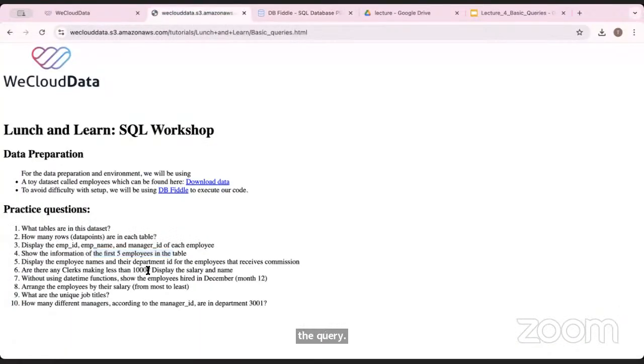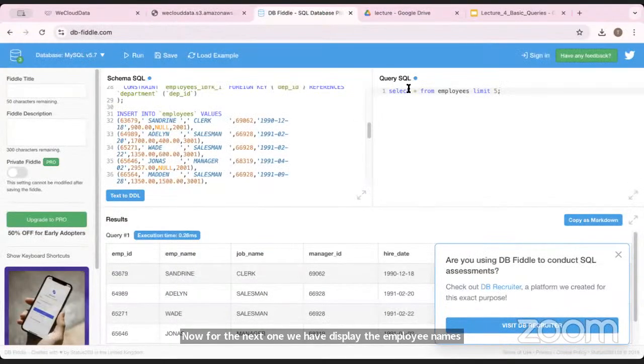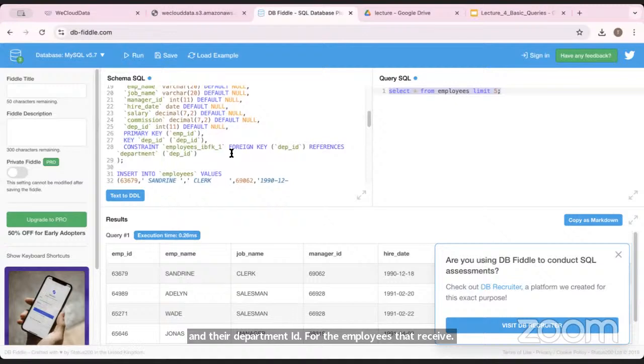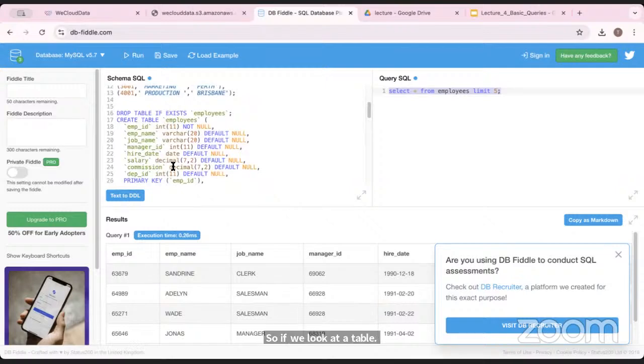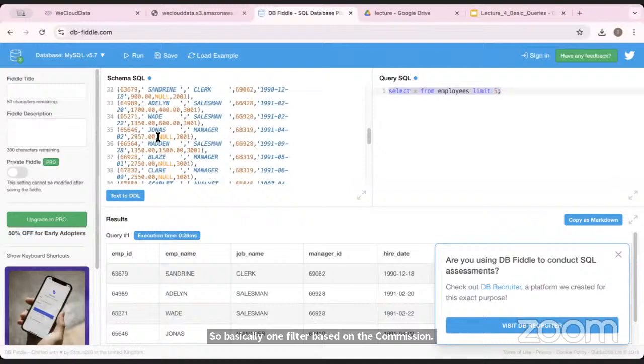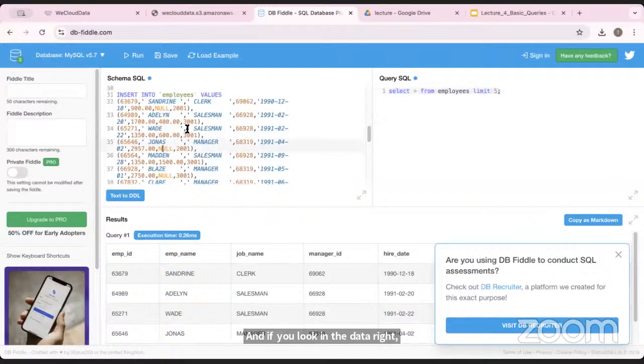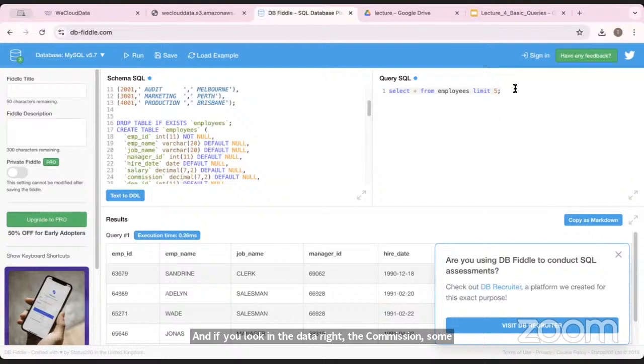Now for the next one, we have: display the employee names and their department ID for the employees that receive commission. So here we are looking at filtering. If we look at the table, there are multiple different columns. One of them is commission. So we want to filter based on the commission column. And if you look at the data, some of the commission values are null, some of them have a value. So we know it's not going to be all the rows, just some of the rows. So we're going to select the employee name and their department ID